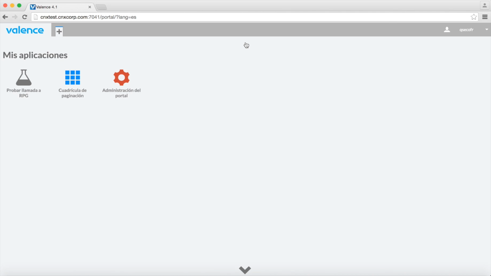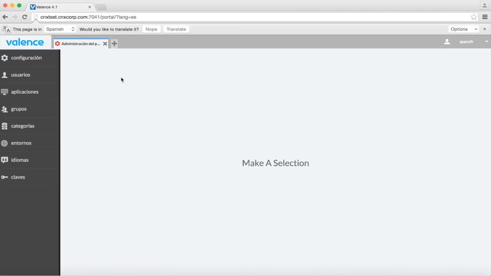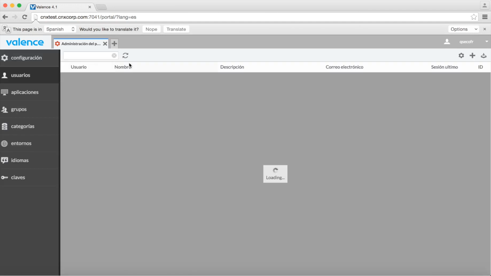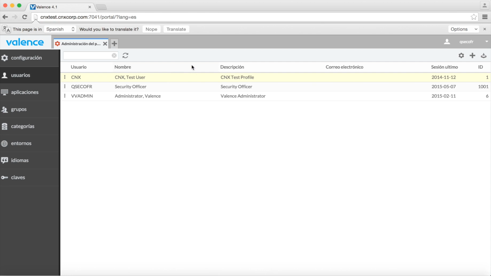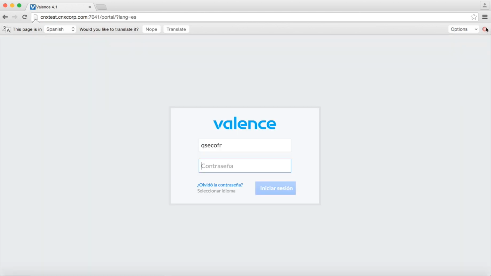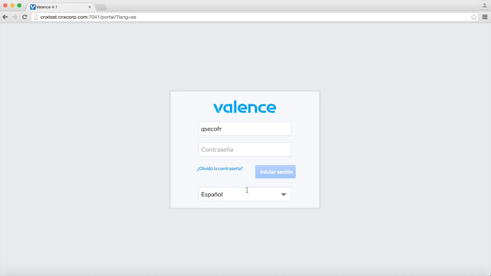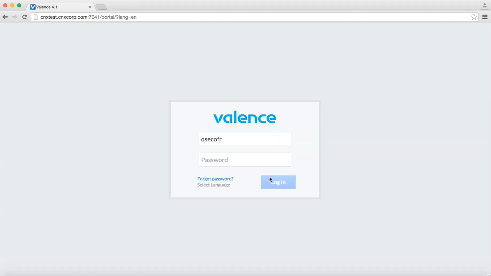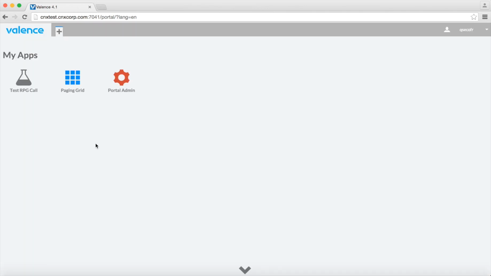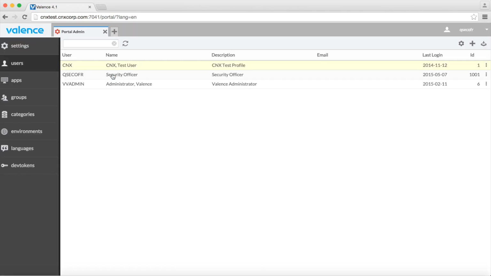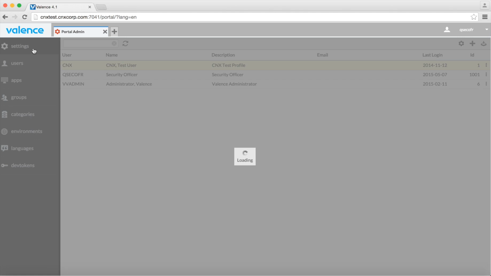One last thing I would like to go through is portal administration, because this gives you a better feel of the power of what the portal can do for you. Oh, look at this. This is the users list, but I'm still in Spanish, so I'm going to ask you to excuse me while I switch back to English again. Okay, so we're back in English. I'm going to run portal administration, and I'm just going to go through each one of these categories